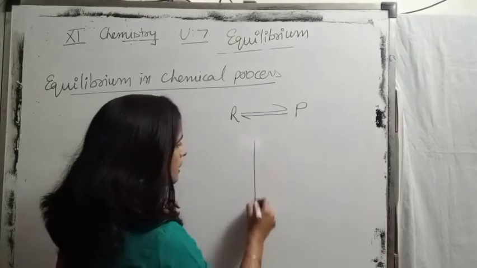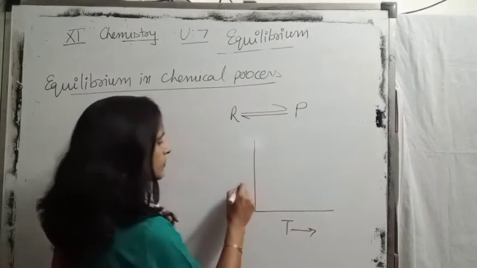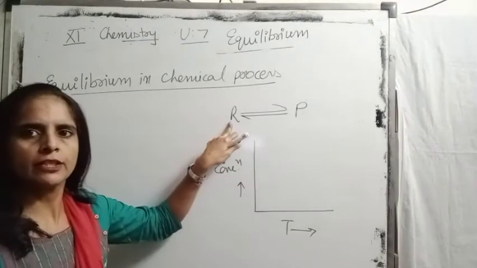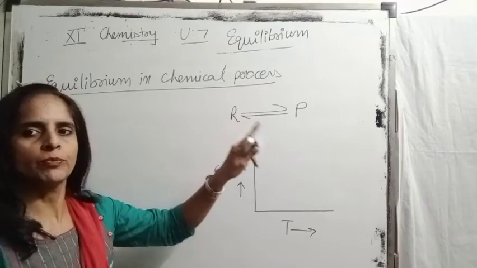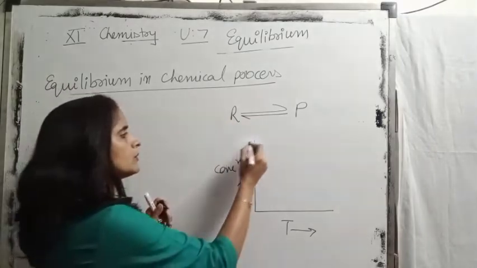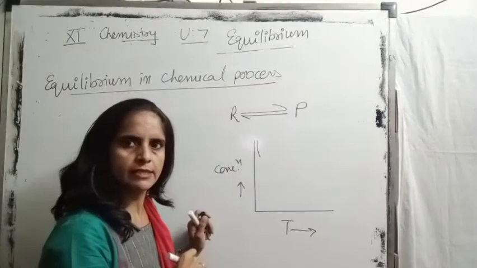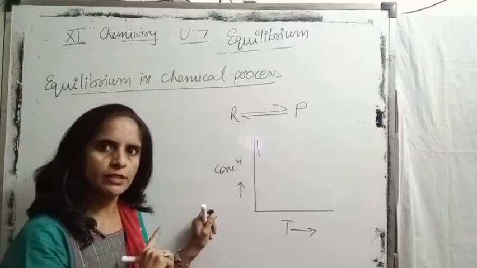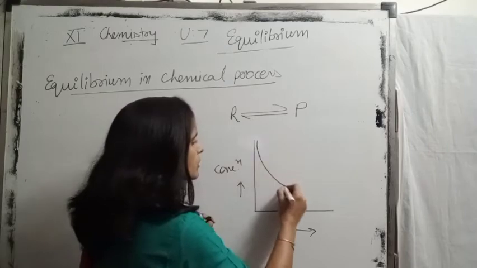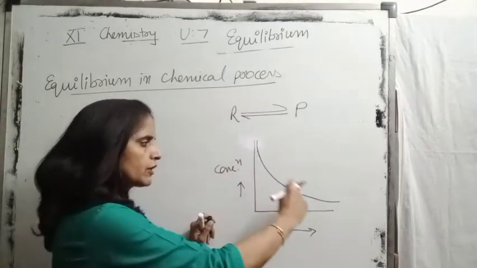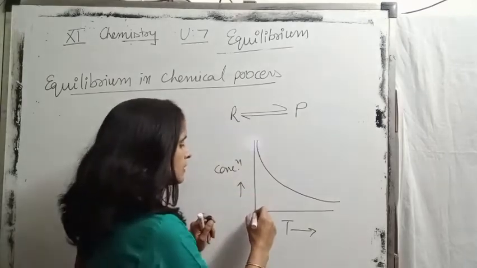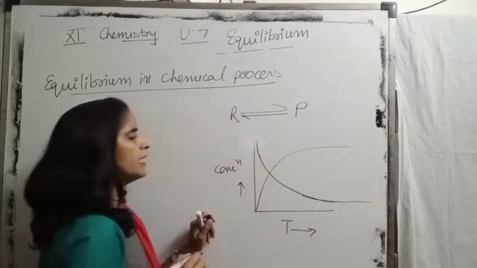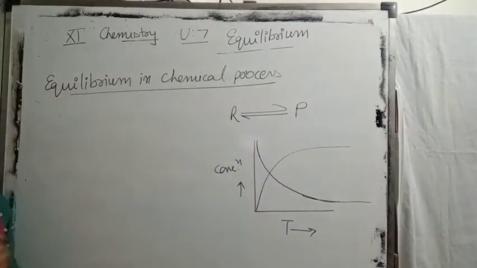So, if we plot a graph of time with concentration, initially the concentration of reactants decreases and that of product starts increasing. This slowly decreases, and we know at the equilibrium stage the molar concentration becomes constant. This is the graph for reactants because of a continuous decrease of concentration with time, then the product continuously increases and then it becomes constant. And when it becomes constant, that is the equilibrium stage.